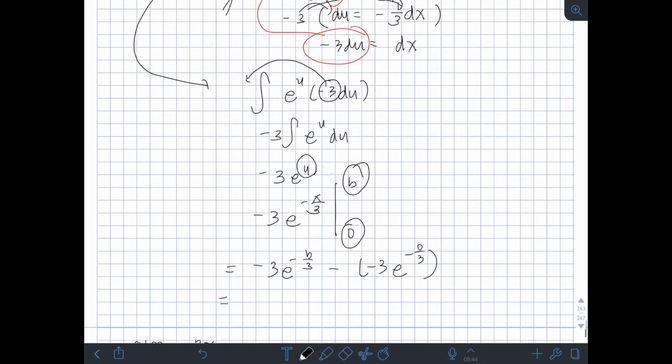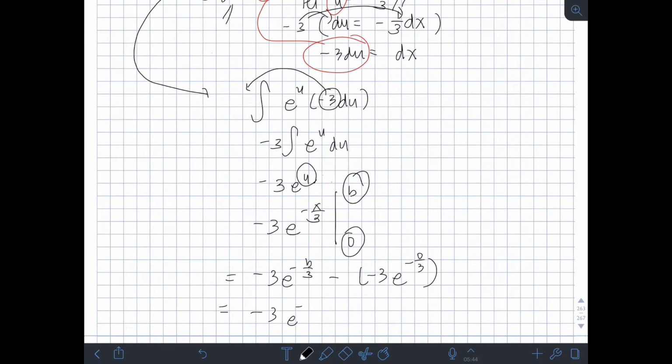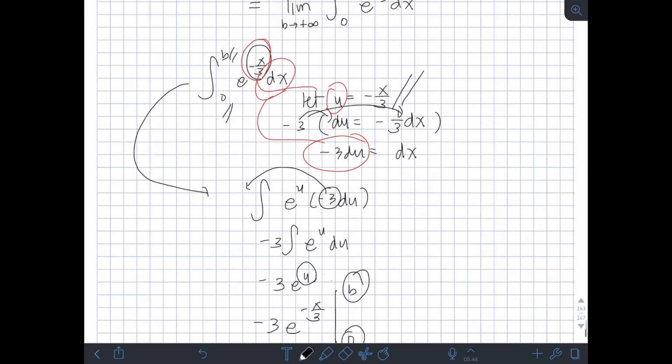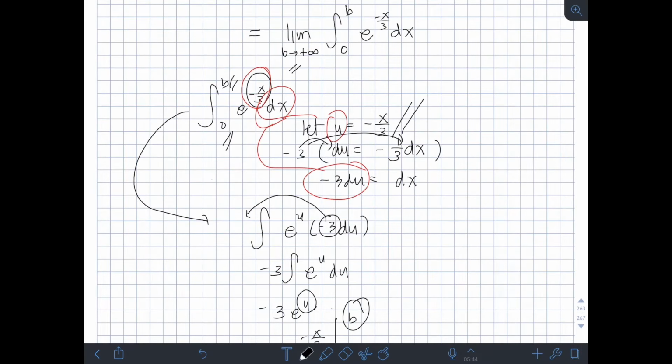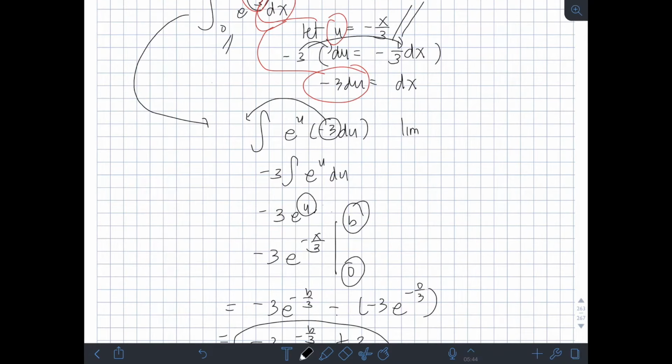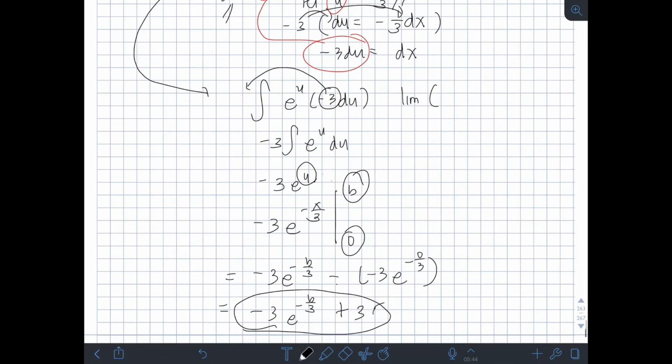So, simplify. It becomes negative 3 e raised to negative b over 3. So, this is negative times negative 3, positive 3. And then, this e raised to negative 0 over 3 is e raised to 0, or this is equal to 1, right? So, 3 times 1 or simply 3. So therefore, we then evaluate this expression in the limit as b approaches positive infinity. So we have the limit of this expression, negative 3 e raised to negative b over 3 plus 3